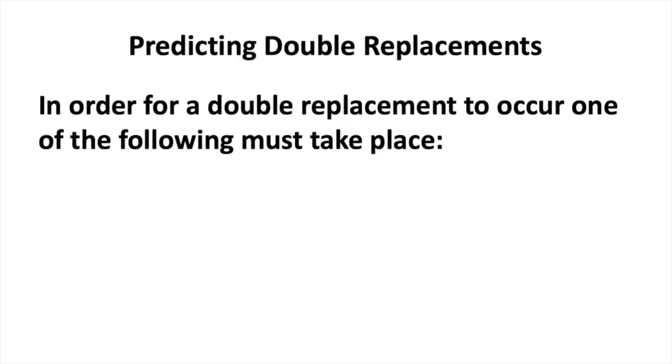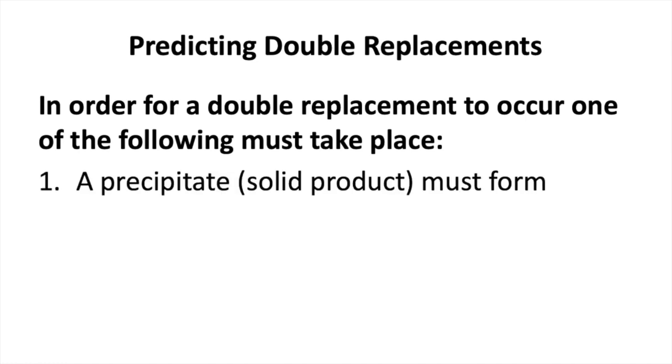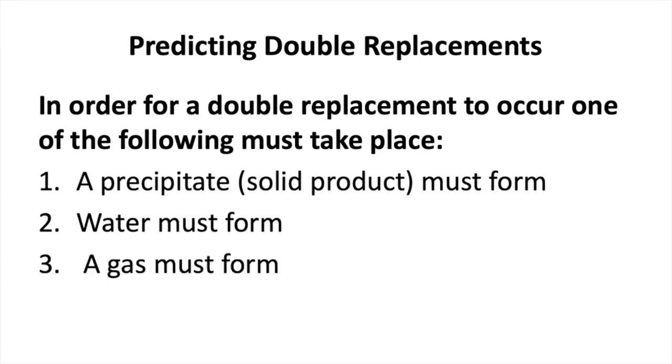Lastly, let's talk about predicting the products of double replacement reactions. In order for a double replacement reaction to occur, one of the following things must take place. A precipitate or a solid product must form, water must form as a product, or a gas must form. So in order to figure out if one of these things happened,